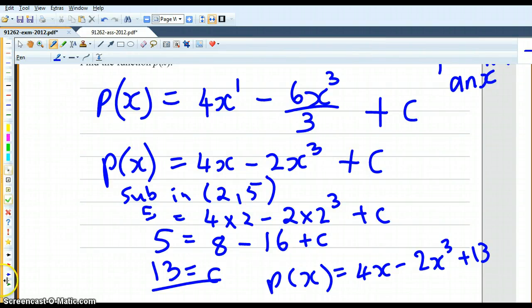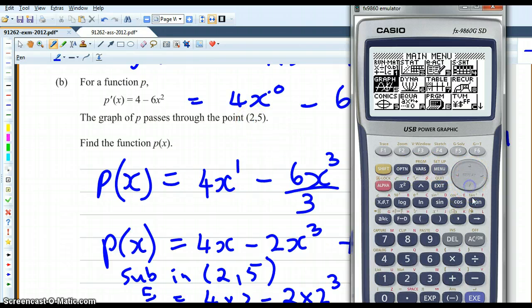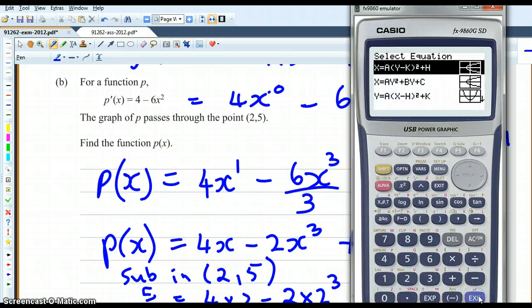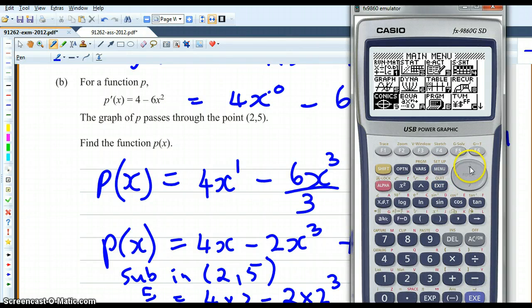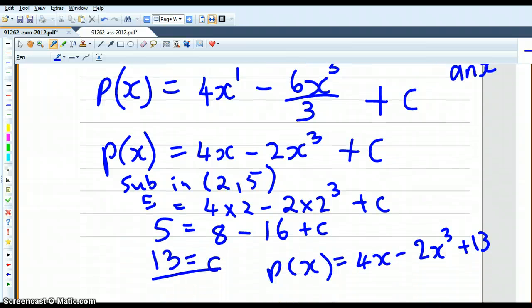So let's get the calculator out. The graph passes through the point 2, 5. So let's actually just graph. Oops, better get it back to menu and get into my proper graph mode. I'm going to graph my original function, which is